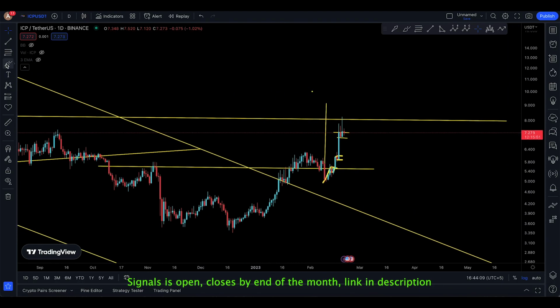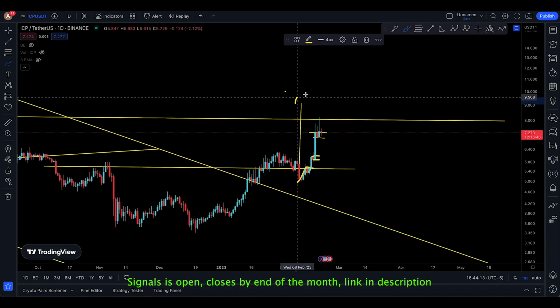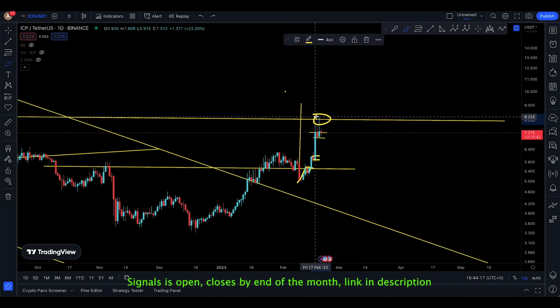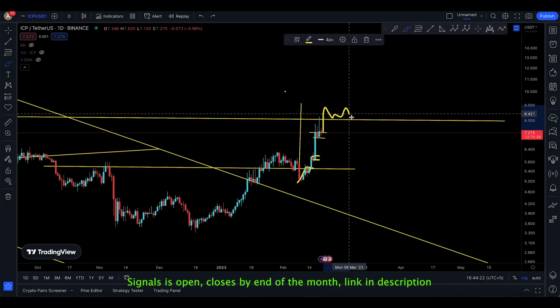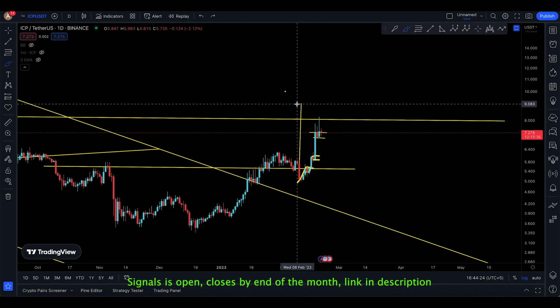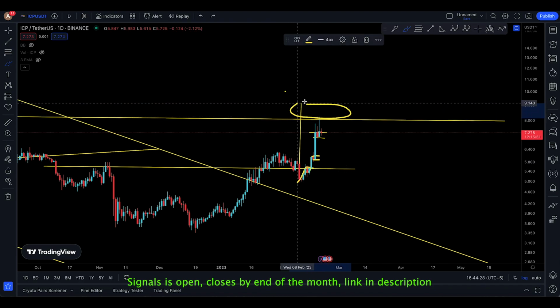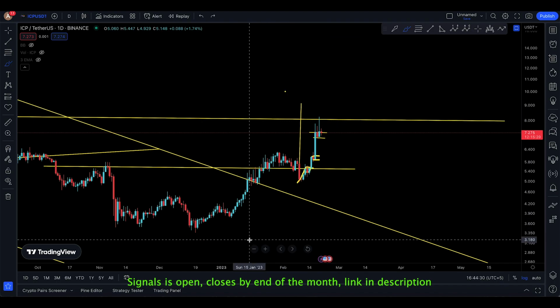It is a resistance, and even though you have a technical target to 9.148, which is a matter of time, and I think it is going to be met, you're going to come up here just the same way you came up before and got rejected here. So maybe try to break above it and spend some time here. If you do end up closing and making some confirmation candles in this zone for ICP,